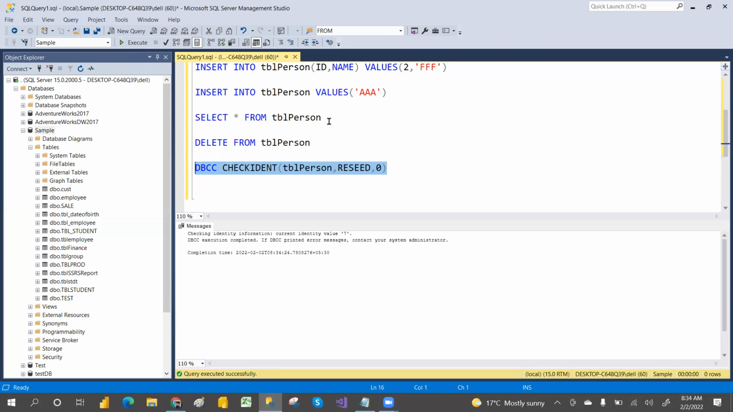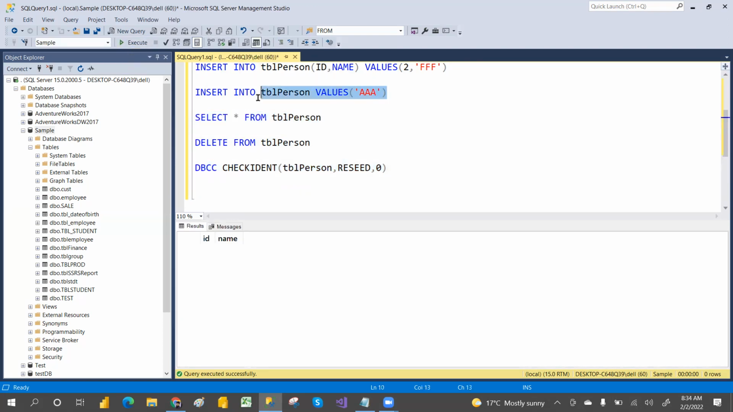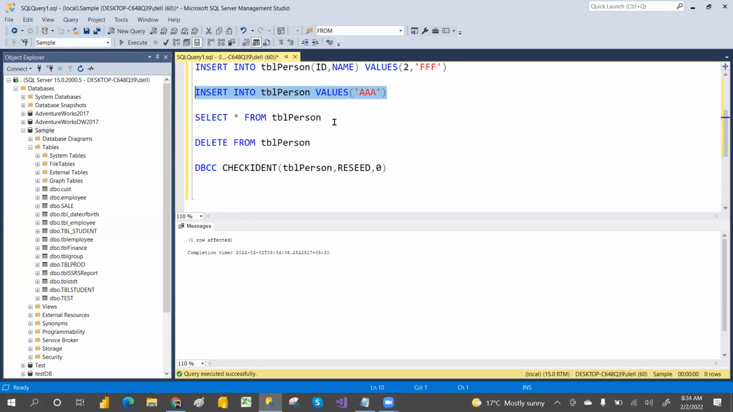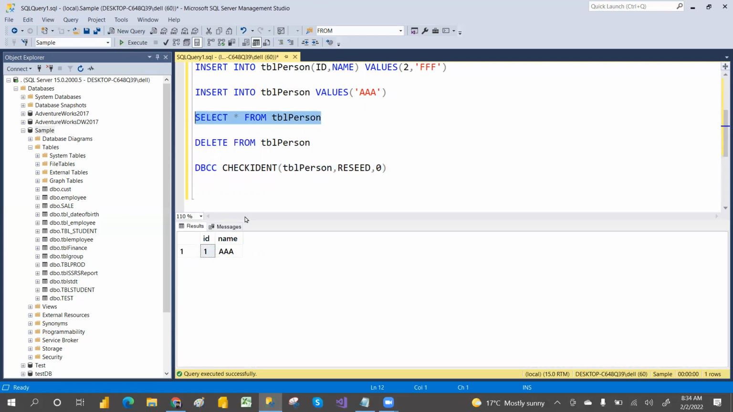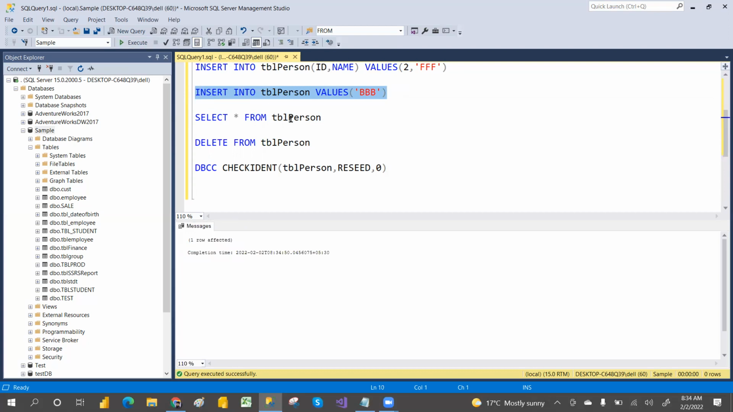Now if you check, there is no data. This time I'm executing, it will start from 1. One row is affected. Now execute one more record, and it will start from 2. That way we can work with identity. Hope you understand what identity is. So in next